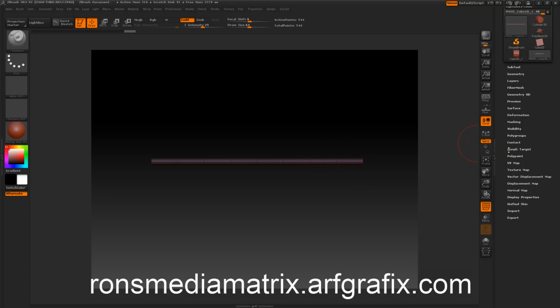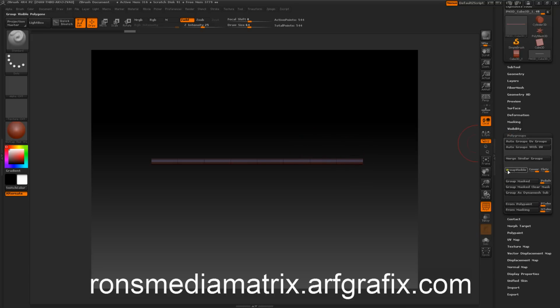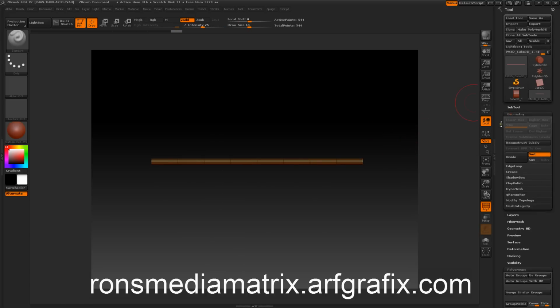divisions. So on polygroups, I'm going to lighten the color up on this so we can see it a little better, something like that. I want to divide this a couple times, and so we're going to divide it. We're going to watch our points up at the top here. We'll go back to low resolution. We're going to divide it down to 5, so we've got